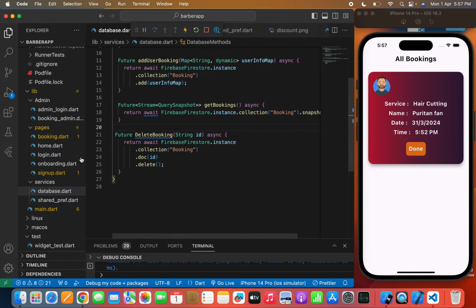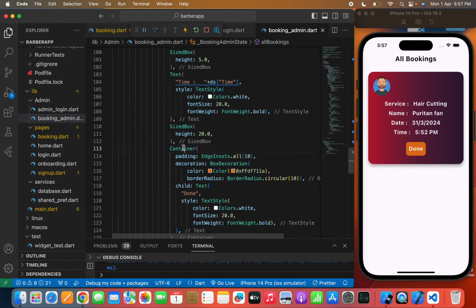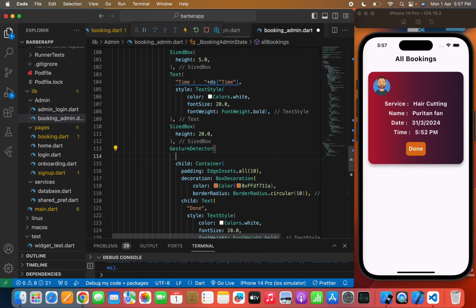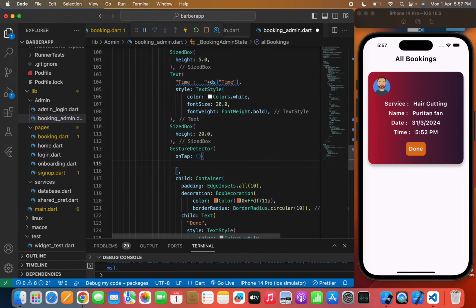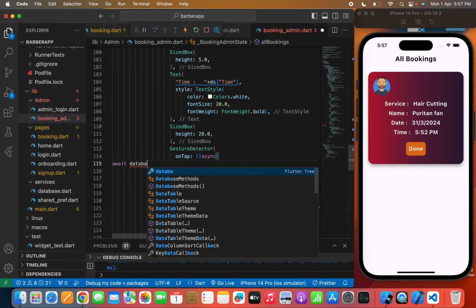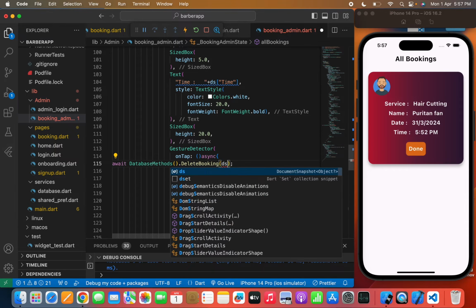Now let's move to the booking admin page, and here in the container we'll wrap it with a gesture detector, and in the onTap method we'll pass the async await database methods dot delete booking, and in the booking we'll pass ds dot id, and it will